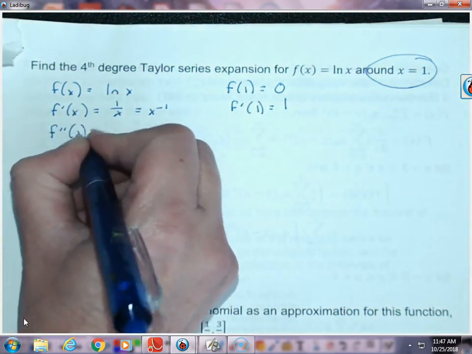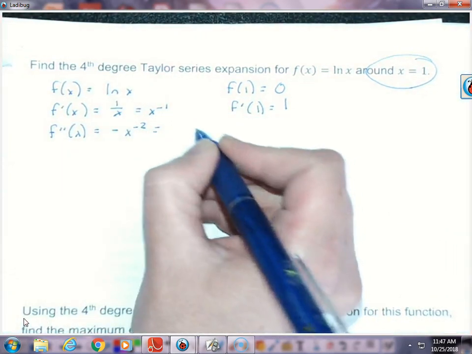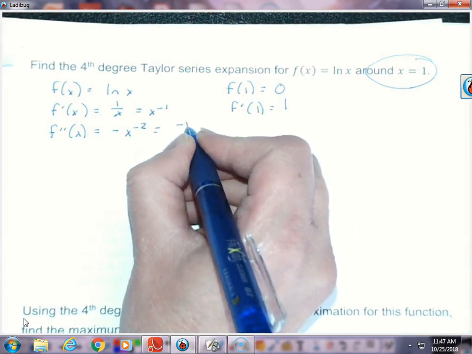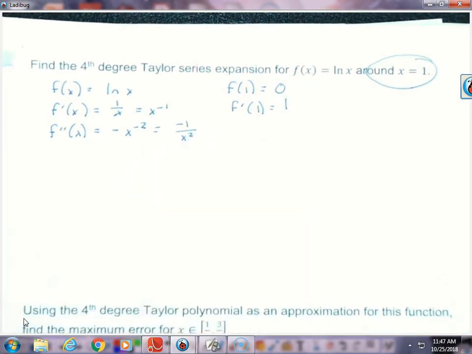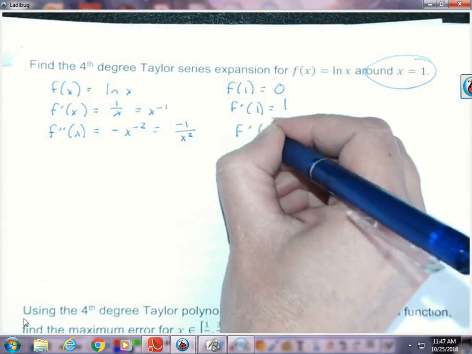And the next derivative... and just so I can substitute in, I'm going to move that to the denominator because I don't think in negative exponents. So if I put in 1,